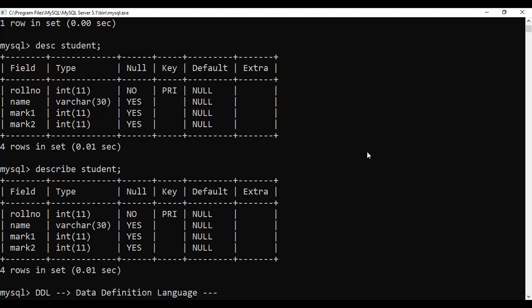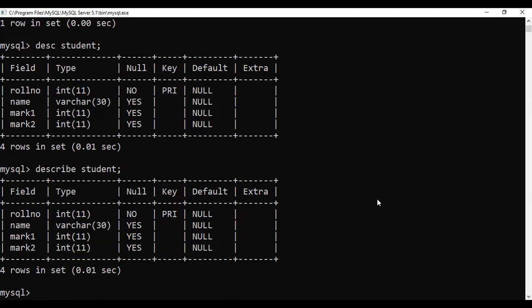What is the need for this? It is used for creating or defining the schema. Defining the object schema, that means creating, dropping, deleting, everything comes under the DDL command. That means while we are working with the DDL command, the structure of the table will change. It will have an effect on the structure of the table. So these are DDL commands.